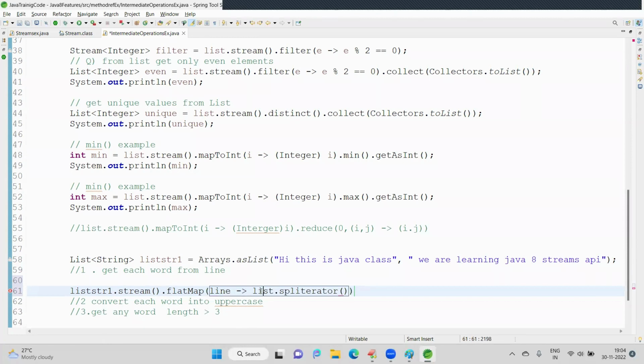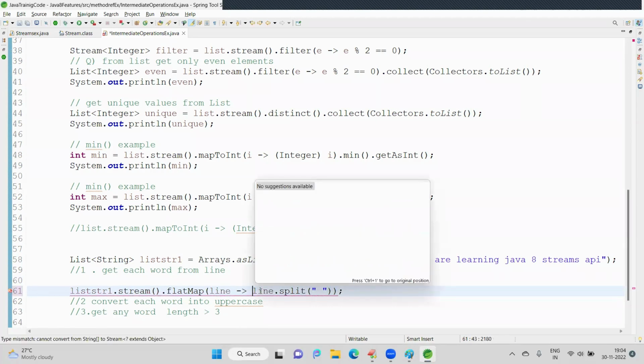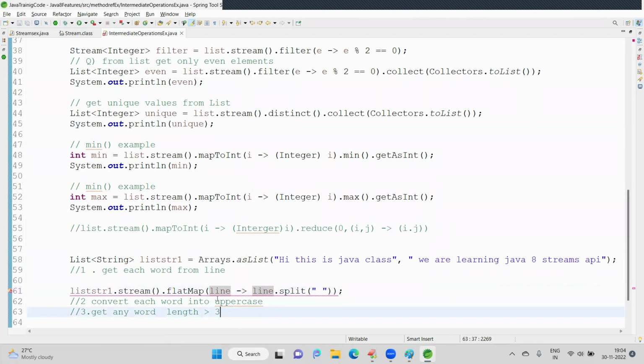List, not list, line dot split. Up to here, fine, right? Convert into list. Okay, then take this into one variable to give error. List str dot, okay, this stream of